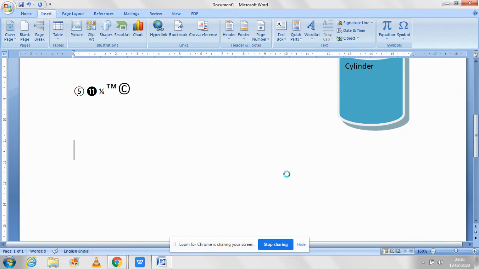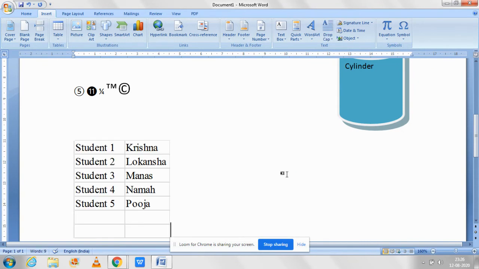Then after some time a spreadsheet file appears in front of you. See, student 1 Krishna, student 2 Lokansha, student 3 Manas, student 4 Namay, student 5 Pooja.